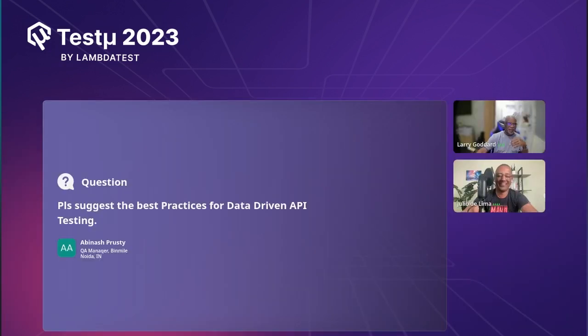Please, they want to know. I think I'll just show it to you. It says, please suggest the best practice for data-driven API testing. Okay, so